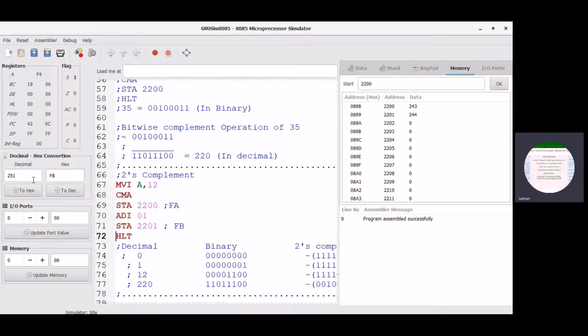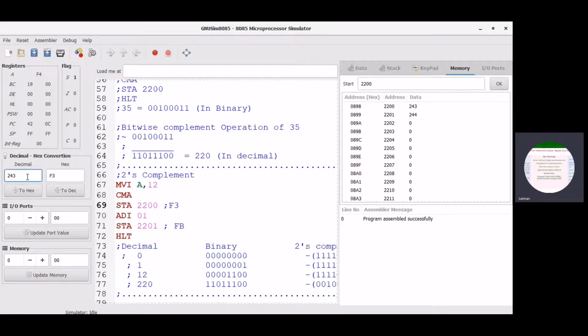So apply here. You can type 243 and see F3. Okay, F3 is stored at the memory address 2200.